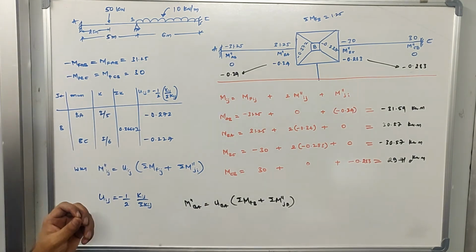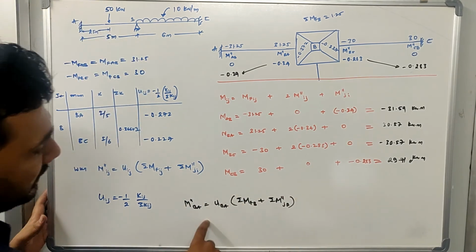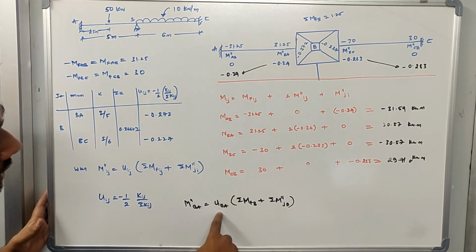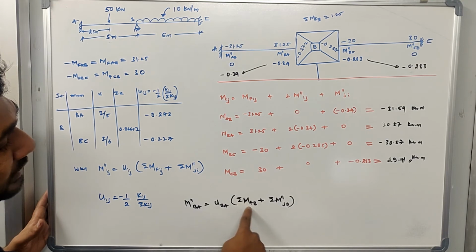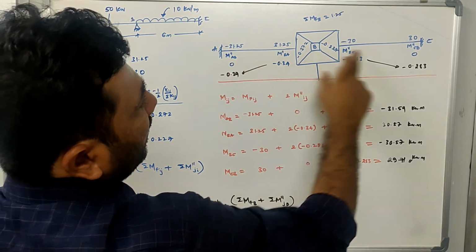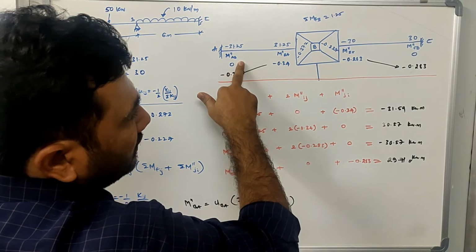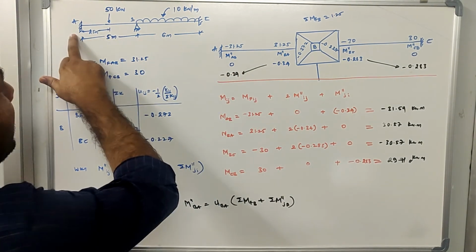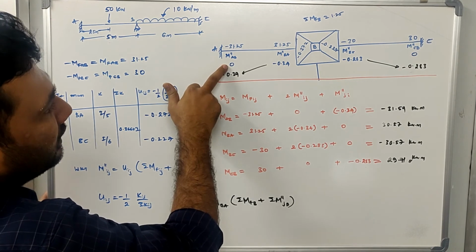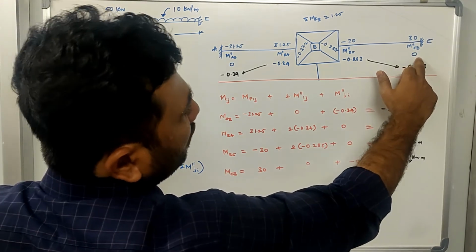So understand again, this is the drill you need to follow. Remember this equation: UBA is your rotation factor. If you already solved UBA, the next thing is to multiply with the summation of fixed end moments plus the summation of far end rotation moments. We already know the far end moments are 0, 0. You might ask me why I have written 0, 0. Because this is the first step. In the first step you already know the far end is fixed. If the far end is fixed, the rotation there will be equal to 0. So the rotation moment at this end and this end will be 0. That's why I wrote 0, 0 over here.